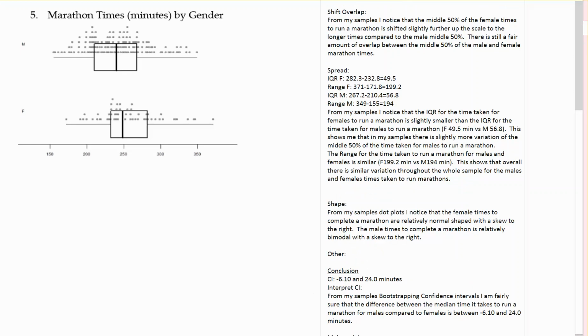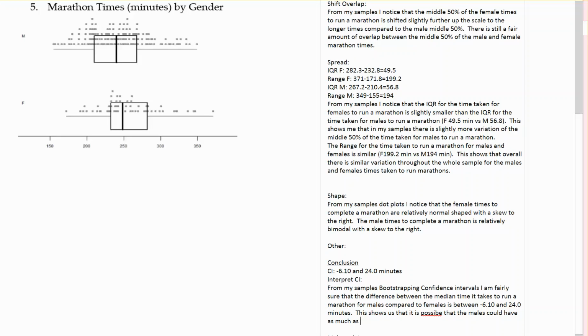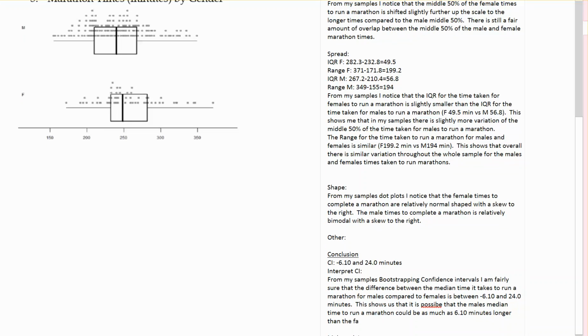This shows us that it is possible that the males, so the males are on the top of the graph there, so that negative number means that it's possible that the male's median time to run a marathon could be as much as 6.10 minutes longer than the female's time,